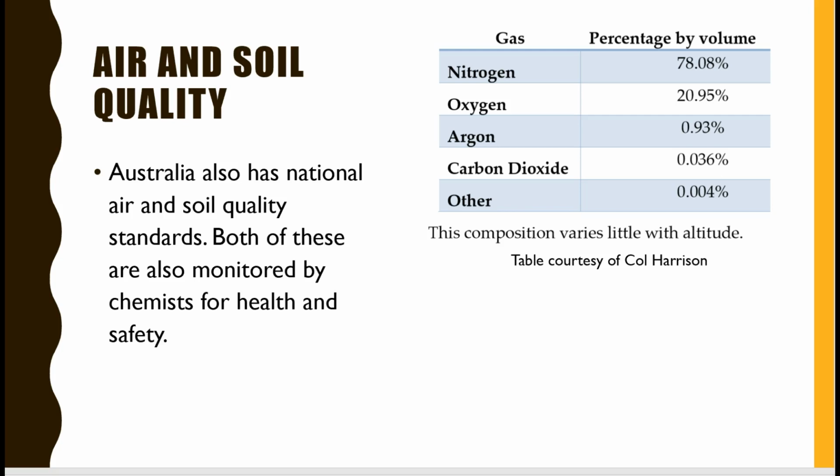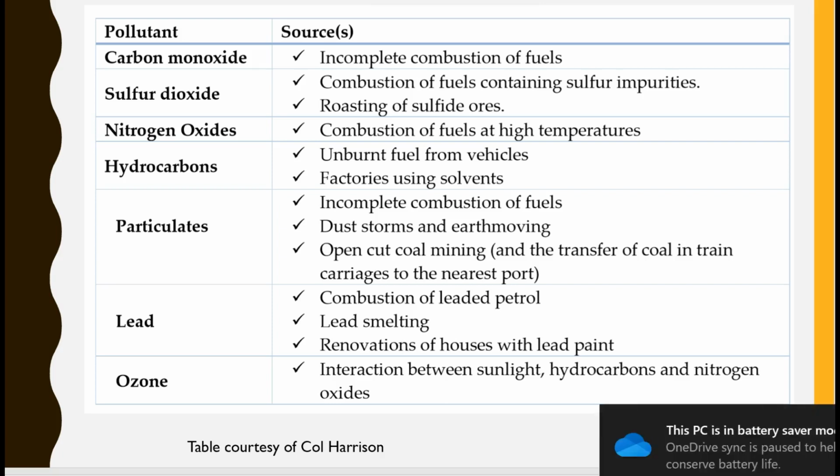So, our last little one is our air and soil quality. Like I said before, water's been a real big issue, but air and soil quality is equally important and monitored by chemists for health and safety. And we can see here in our table the components of our air, nitrogen obviously the highest, and regardless of where we move to, it doesn't change too much. But looking here at some of our pollutants, we have